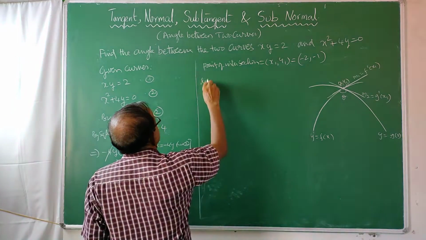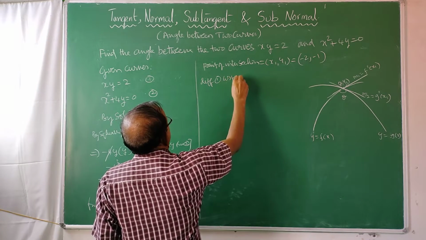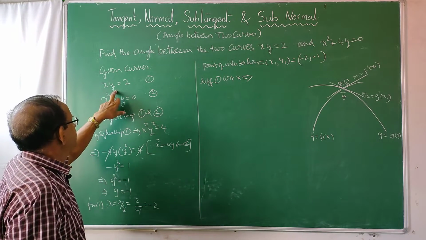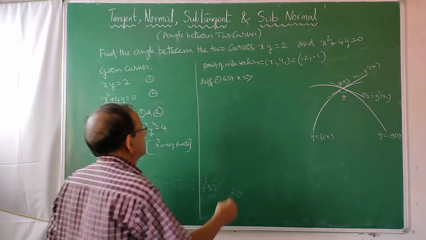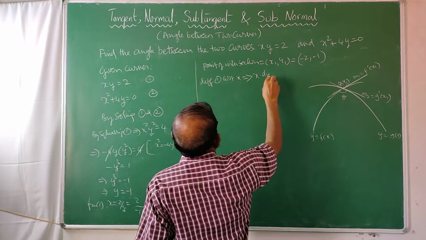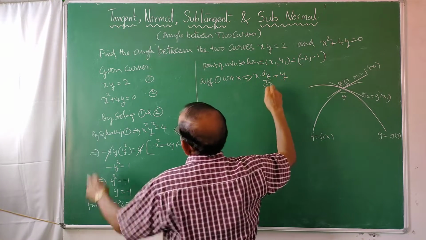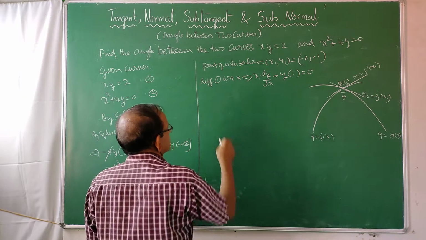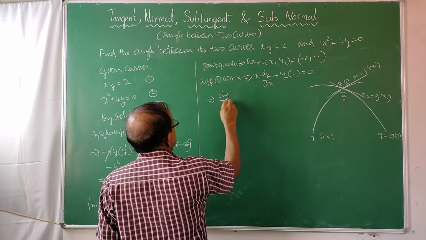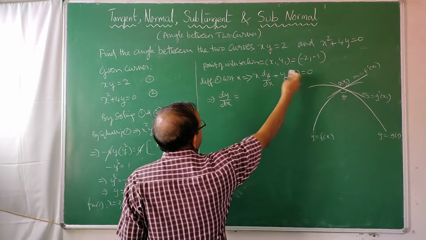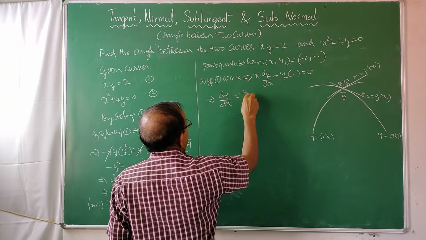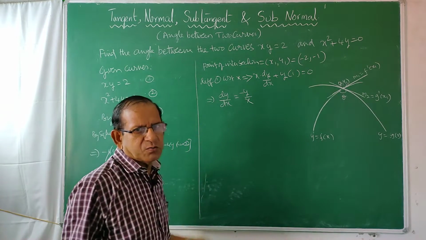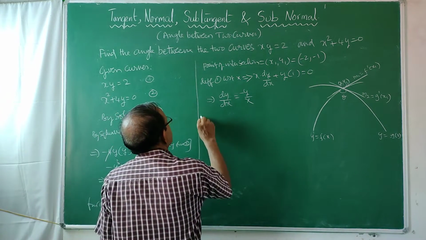Differentiate 1 with respect to x. It is a product: x into derivative of y plus y into derivative of x, that is x into dy by dx plus y into derivative of x, which is 1. On the right side it is constant, so it is 0. So dy by dx, you bring y to the right side, is minus y by x. We have to substitute that point. You will get the slope of the tangent at that point. So let us take it as m1.